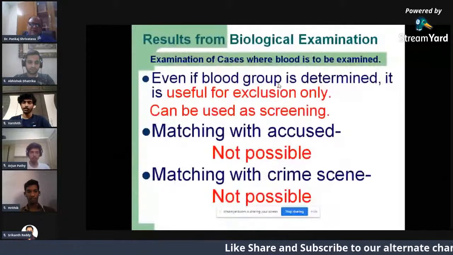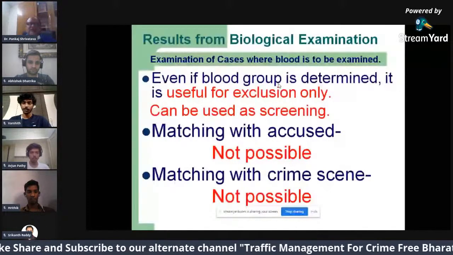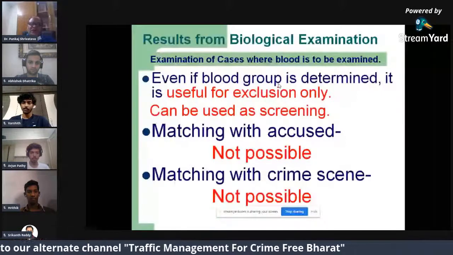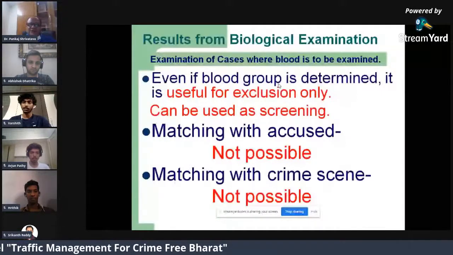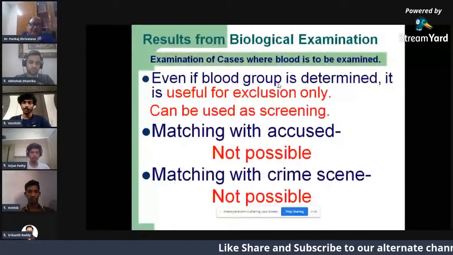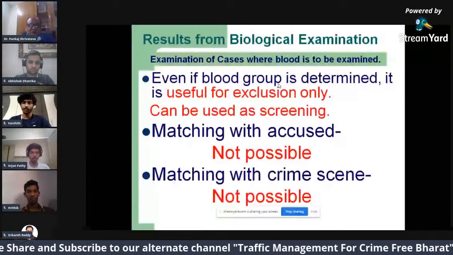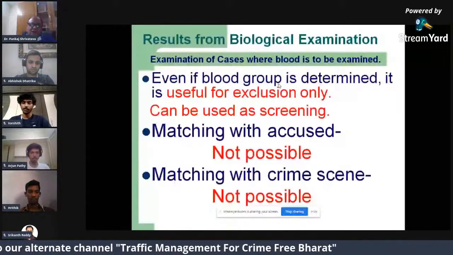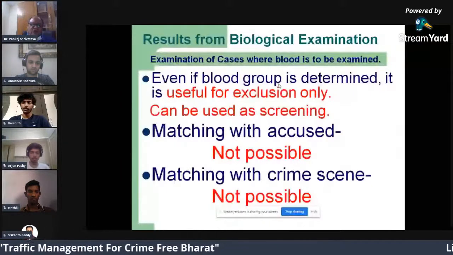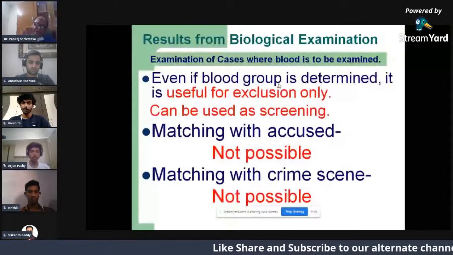Even if you determine the blood group, it can be used for exclusion only. It cannot be used for any purpose of inclusion. You can say, if you have 100 persons, you can exclude a few persons whose blood group is not matching. But if you want to pinpoint a person, that suppose this particular person is having